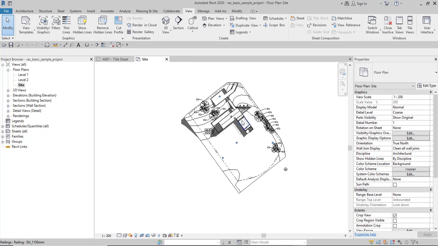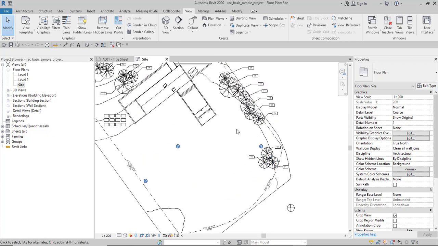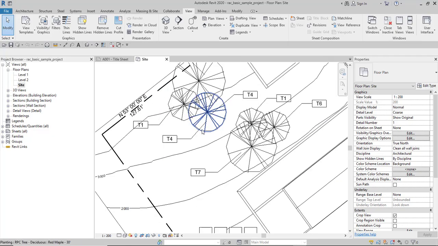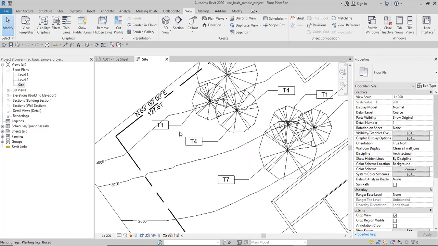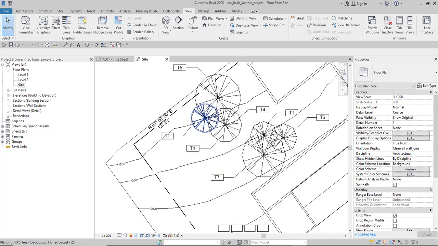So you can see that the building is situated on a very big site with a large expanse of land and some trees scattered around the building. As you can see, all the trees have been tagged with specific tag numbers: T1, T2, T3. So for instance, when I select this tree,